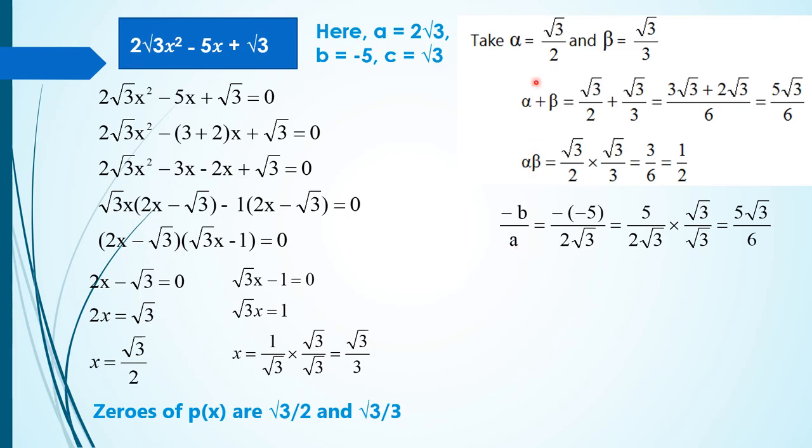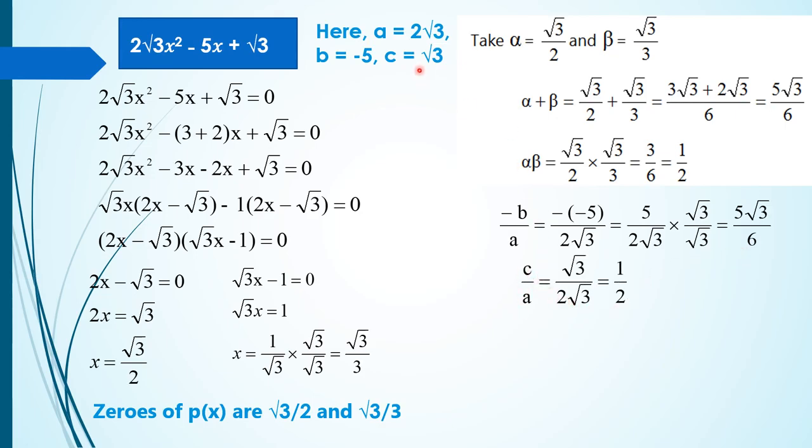Let's find minus b by a. Minus b by a is equal to minus b. b is already minus 5. Minus b is minus of minus 5. And a is already 2 root 3. So 5 by 2 root 3. Again here you have an irrational number in the denominator, I should go for rationalization. 5 by 2 root 3, here the irrational factor is root 3. You have to multiply with the rationalizing factor of root 3, that is root 3 only. 5 by 2 root 3 into root 3 by root 3. 5 into root 3 is 5 root 3. 2 root 3 into root 3, 2 into root 3 into root 3 is 6. So minus b by a I got as 5 root 3 by 6.